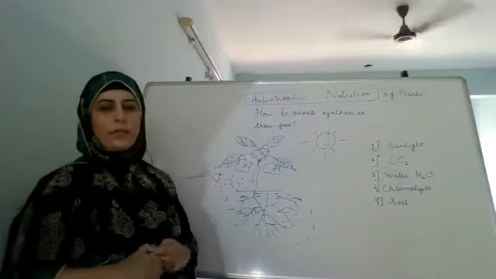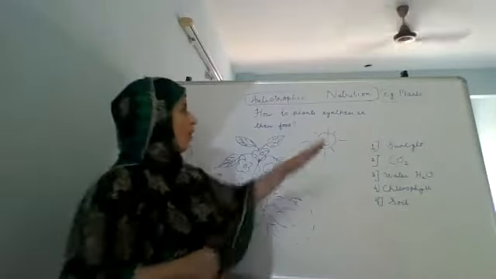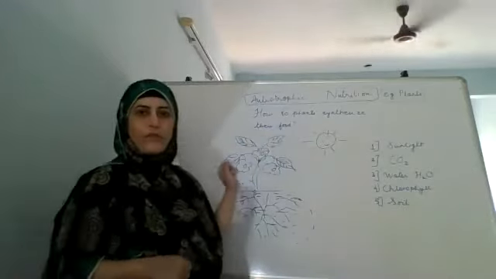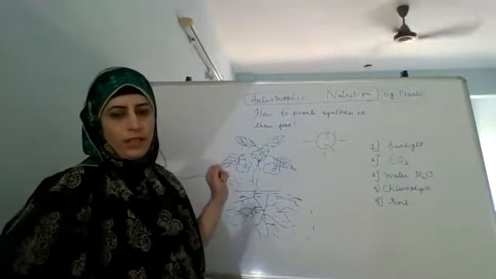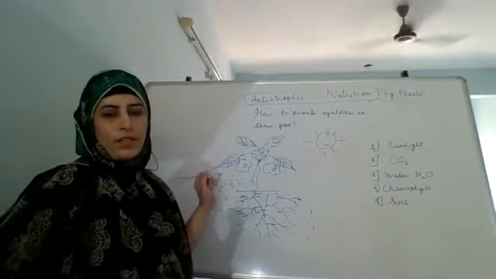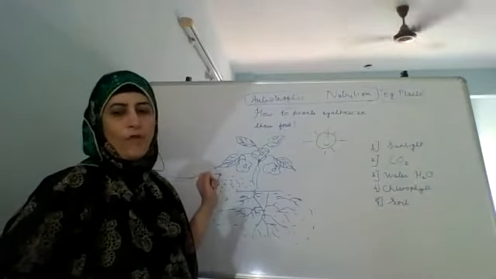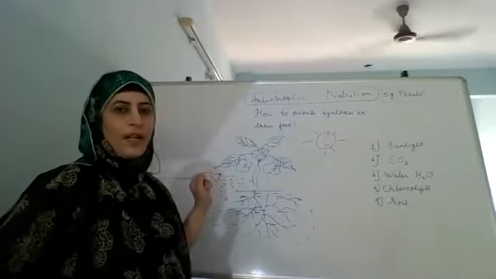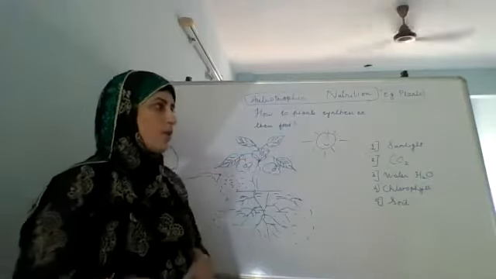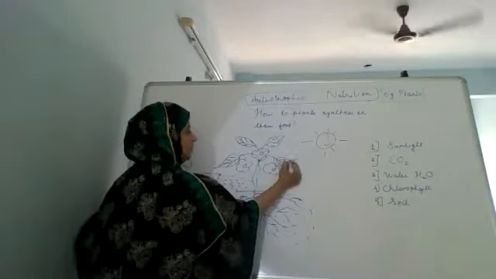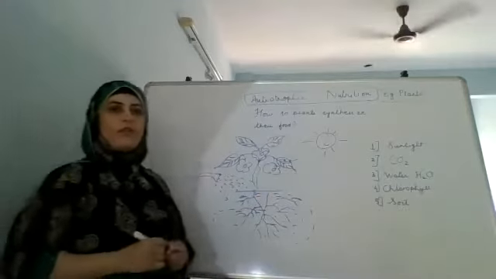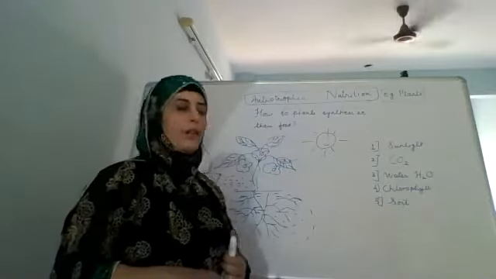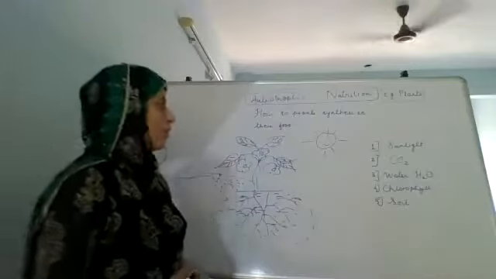Now, how does the process take place? First of all, the absorption of the light energy by the chlorophyll present in the leaves. The green leaves have chlorophyll. So it will absorb the light energy, and this is converted into the chemical energy, and it is done by the splitting of water molecules into hydrogen and oxygen. Now the reduction of carbon dioxide also takes place. The carbon dioxide is also absorbed here, and the reduction is done, and it is reduced to what? What is it reduced to? Carbohydrates. Okay. Now that is the step by step of the process of photosynthesis.